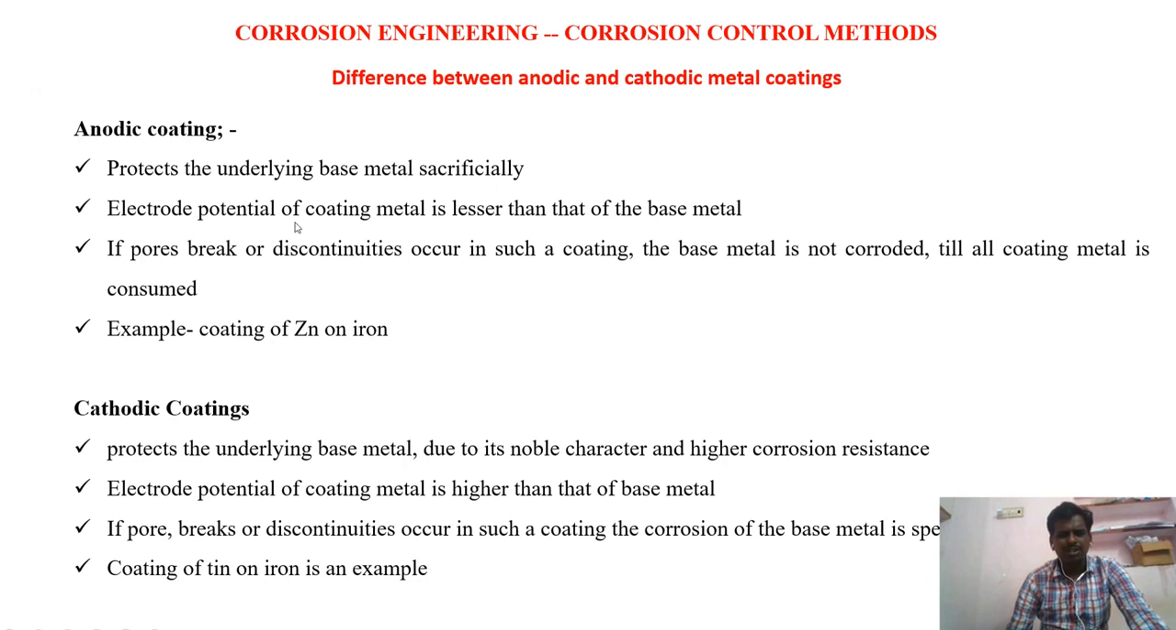Next, if any breaks or discontinuities happen, then the coating will be destroyed and corrosion will become more. And here also, if any discontinuity happens, then the corrosion will become more. Next example is zinc on iron, and this one is tin on iron. This is the important